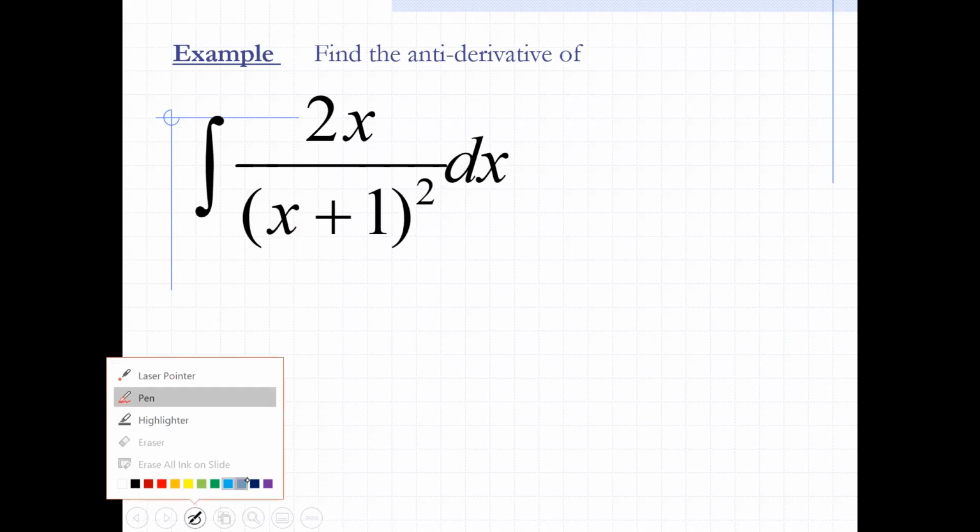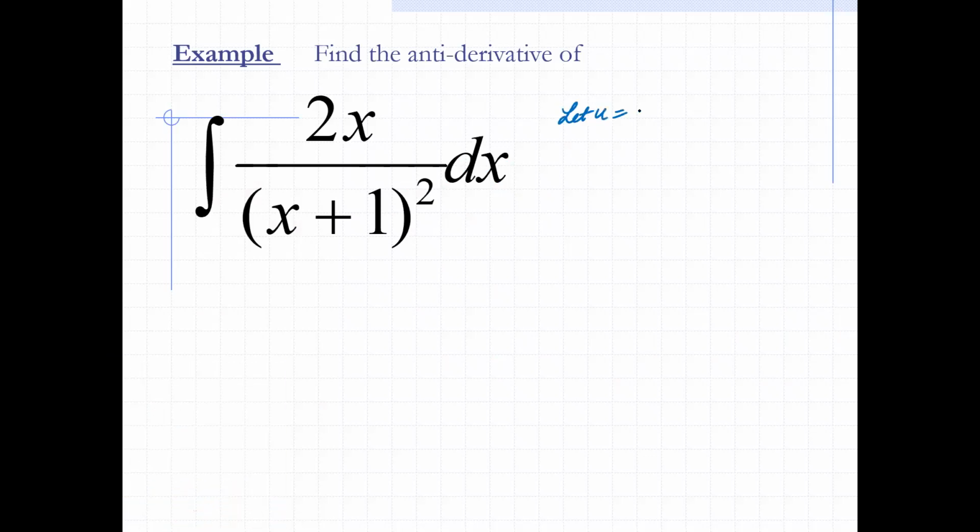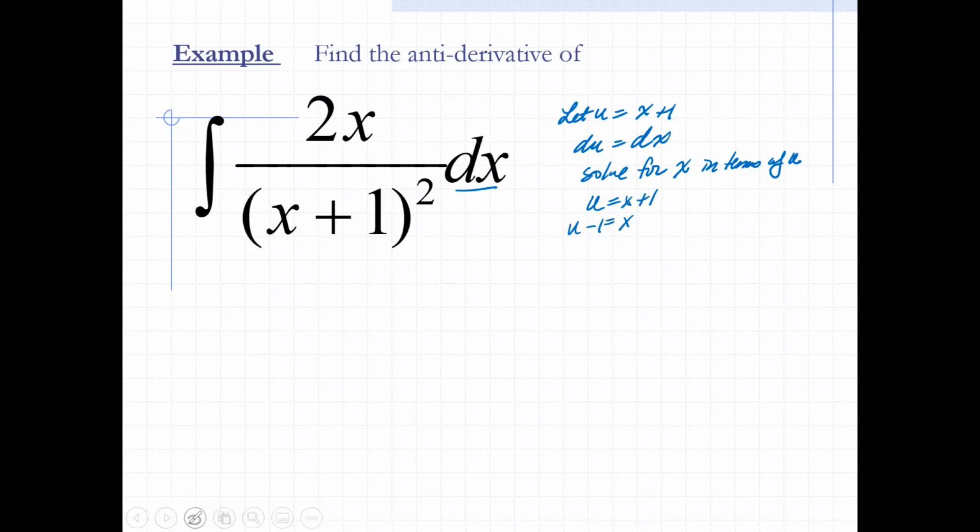Okay, so with this one, you're going to say let u equal x plus 1, which means that your du, the derivative, is just dx. So as I'm looking at this right here, even if I replace dx, it's just going to be a du. I can't cancel out the 2x. So then remember what I asked you guys to do is solve for x in terms of u. So if I know that u equals x plus 1, I also know that x is equal to u minus 1. So I'll be using that later on. But for now, let's go ahead and move forward.